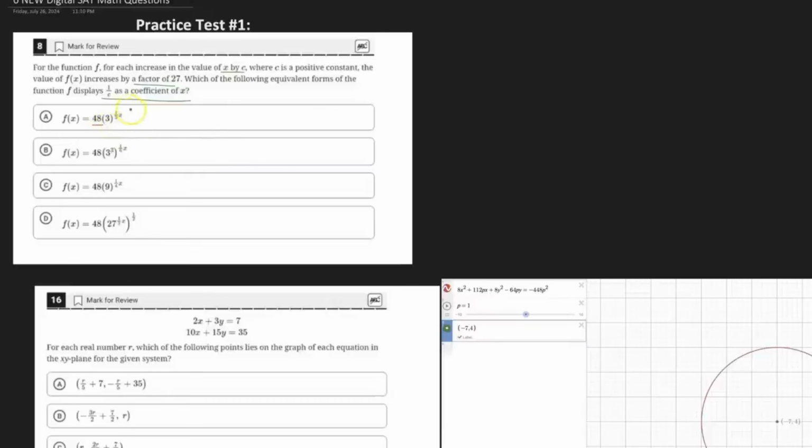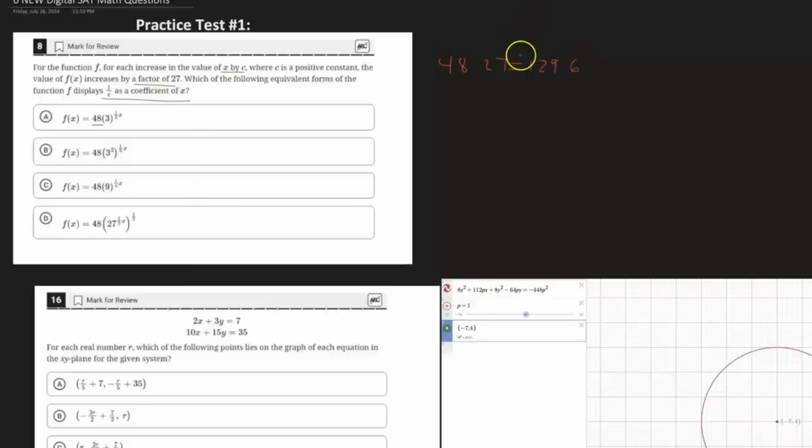So 3 to the power of 0 is 1. 9 to the power of 0 is 1. So everything times 1, so 48 times 1 is going to be 48. So that's our starting value, all right? So you want to scale up 48 by a factor of 27. So we'll just get 48 times 27 equals